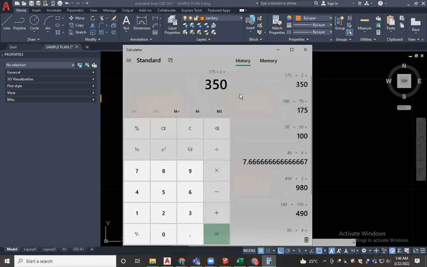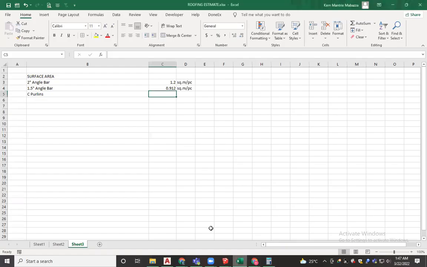Then 0.35 times 6 meter. So square meter per piece. So number of pieces,